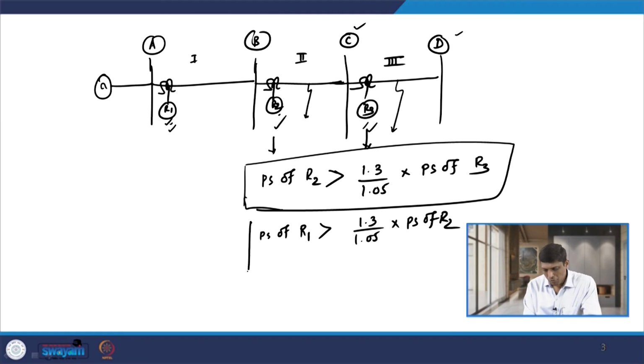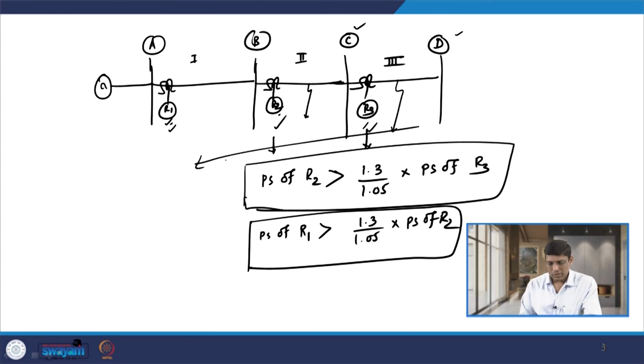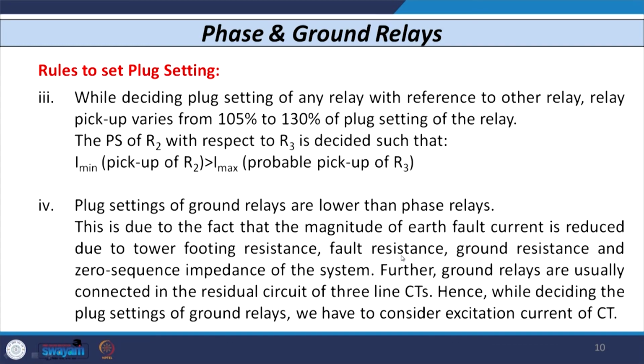So, as we move progressively from the load end towards the source end, we have to decide the plug setting or pickup of this IDMT over current relay based on this equation. So, this is the third rule to decide the plug setting of phase relay and ground relays.